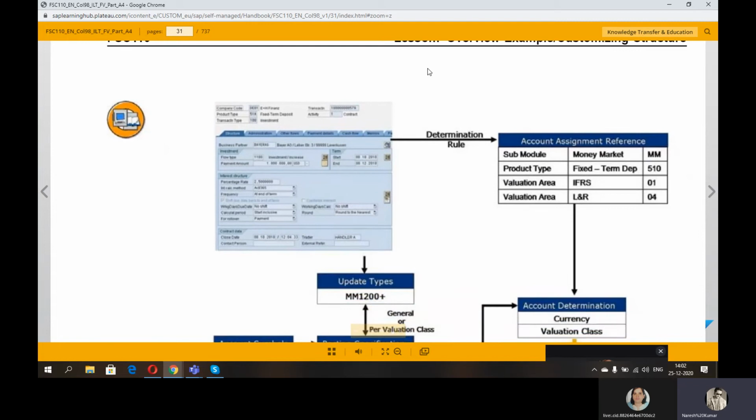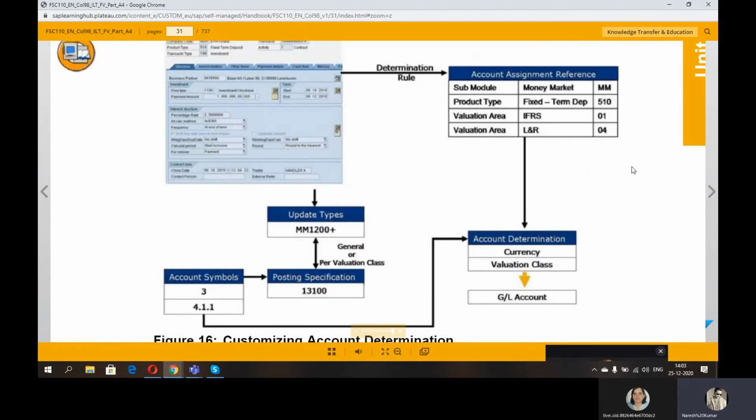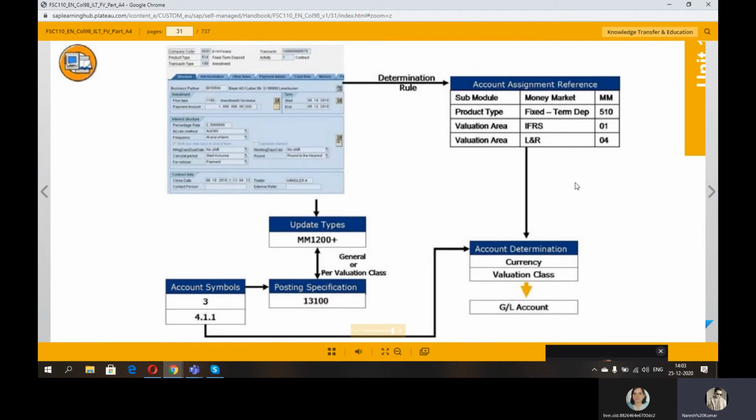So this is where we can go to FTR_EDIT. So actually the creation, the determination of this account assignment reference will be taken based on this screen. We will be able to create under FTR_CREATE for transaction manager. But here I am telling based on FTR_CREATE, edit also we will be able to see the screen. Okay. So this is where the customizing account determination will be done.